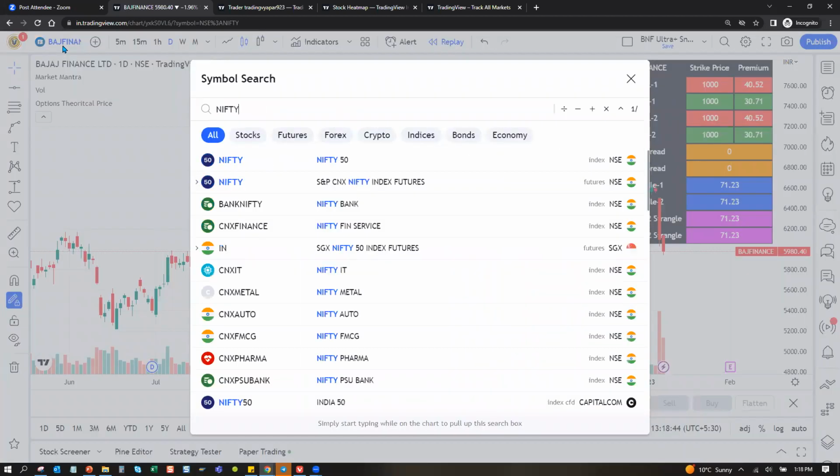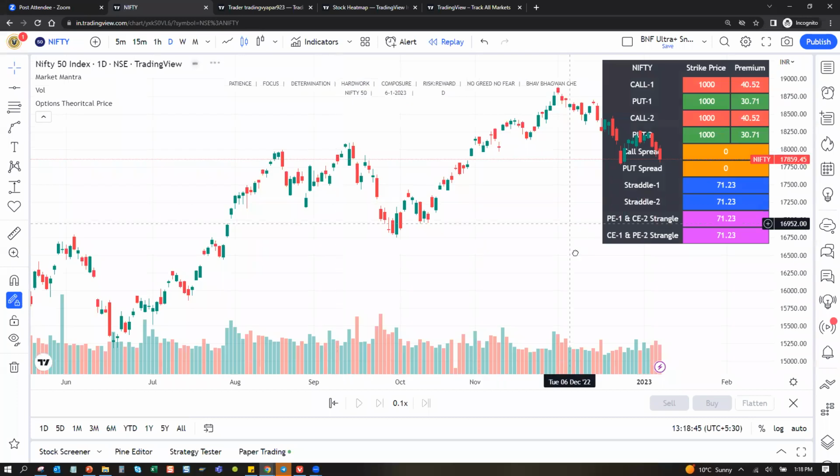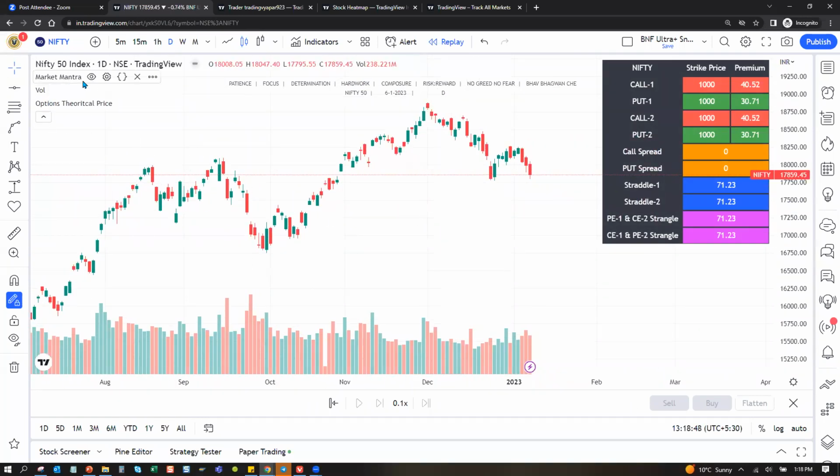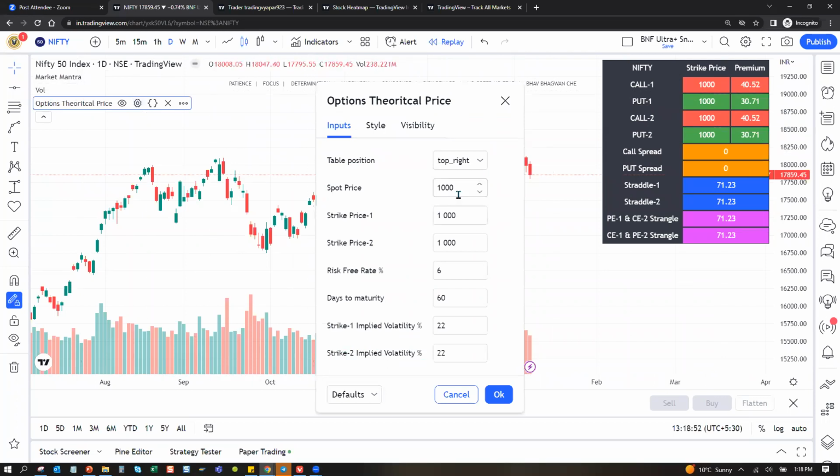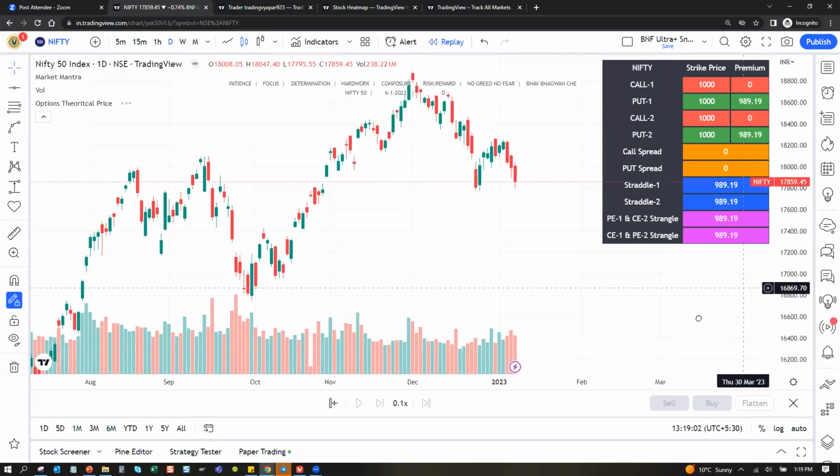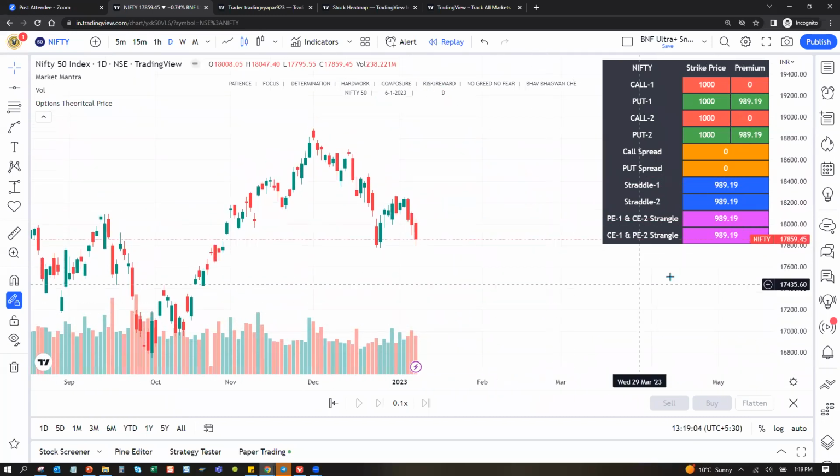Let's pick Nifty. For Nifty, what we need to first do is specify the spot price. Okay, and this is also useful. For example, I have a position and I think that right now the market Nifty is at 17,800 or 900.